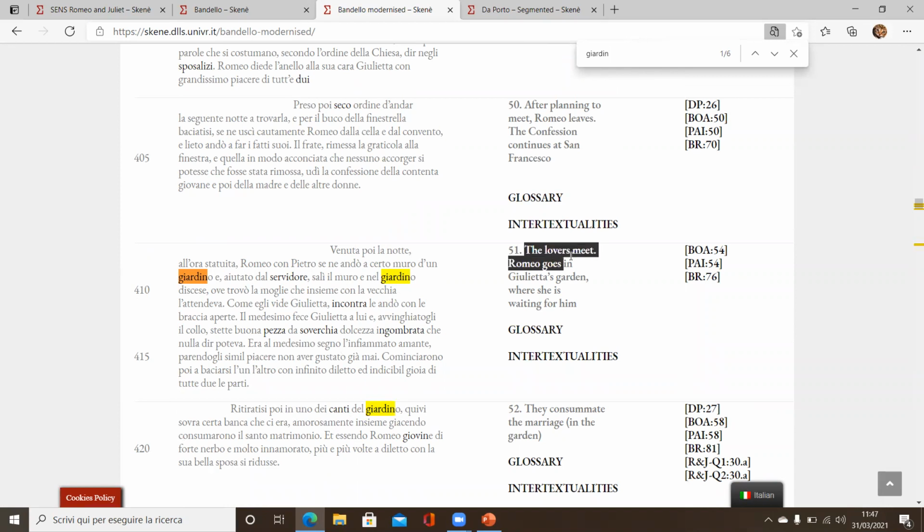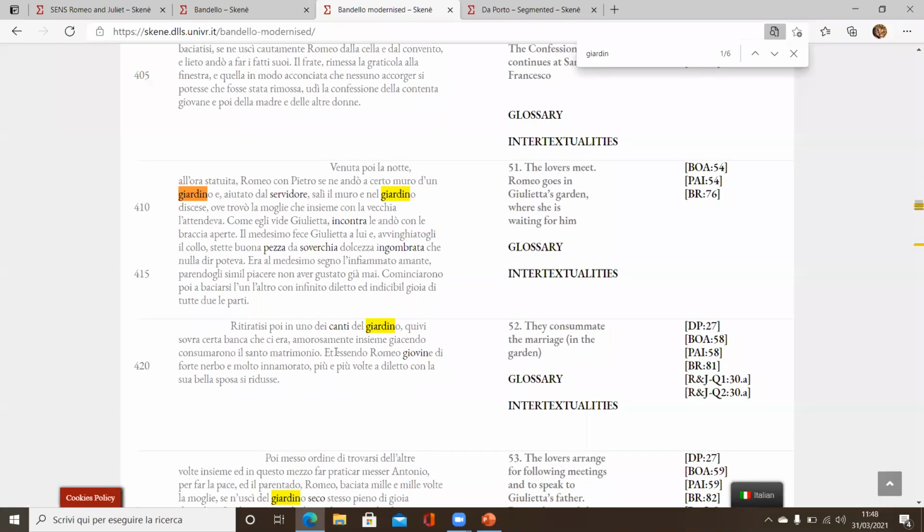And in particular, as we can see, it's the place where the two lovers meet. So the night came, and Romeo and Pietro, they went, they climbed a wall to get to the giardino. He climbed the wall, and he arrived in the garden where he found his wife. So he found Juliet. And they also make love in the garden. So the garden has a very powerful scene in this particular part of Bandello. And as you can see, this reference to the garden is not found in da Porto, but